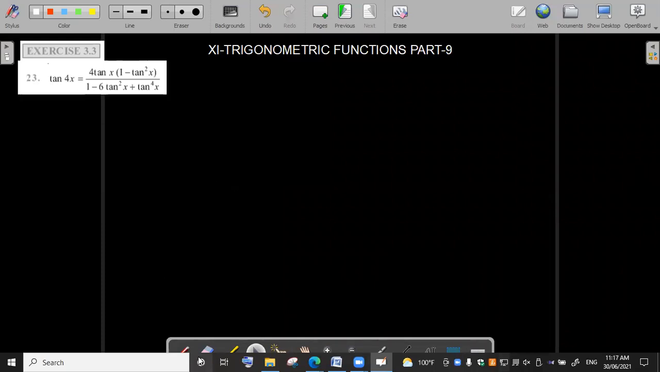So here, the left hand side is tan 4x. Okay, this tan 4x can be written as tan 2 into 2x. Okay, now we can use the formula for tan